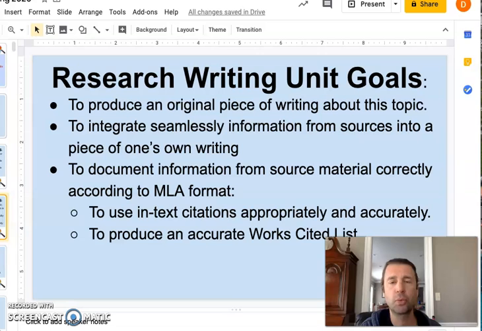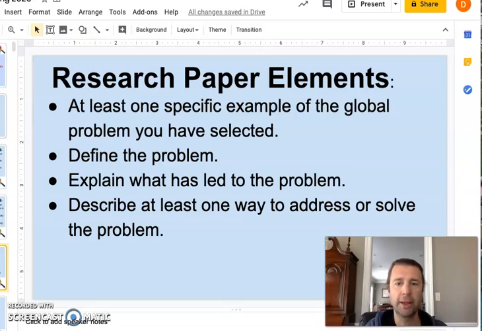You want to read enough about the topic to get to the point where you feel like you can write about it. And the writing coming out is really sentences produced by your head as opposed to assembling some sort of quilt of source material. We'll talk about citations later. That's not part of today, but just know that's coming, both in text and how to do a works cited page. We'll get to that later.